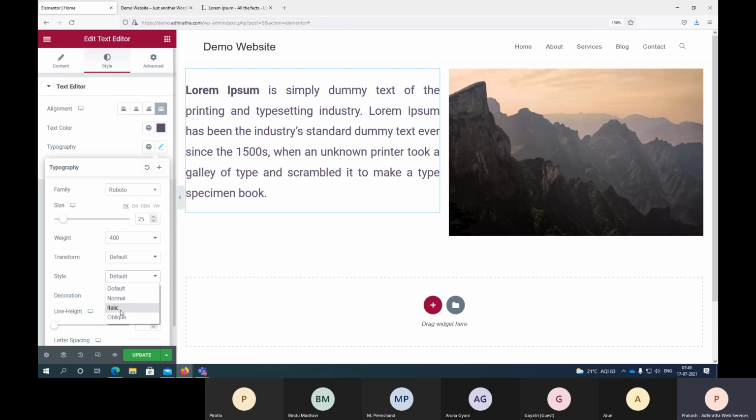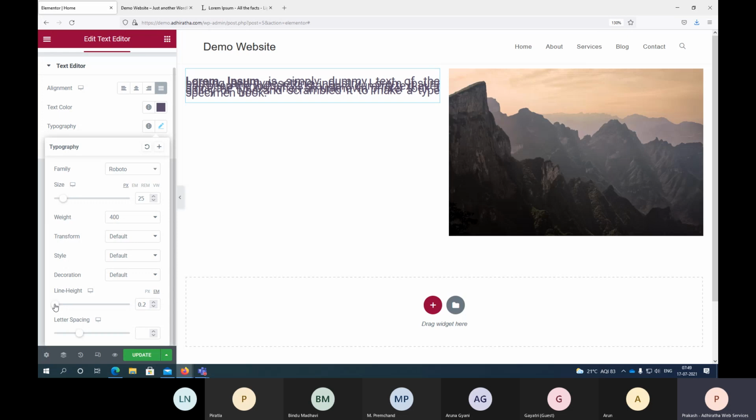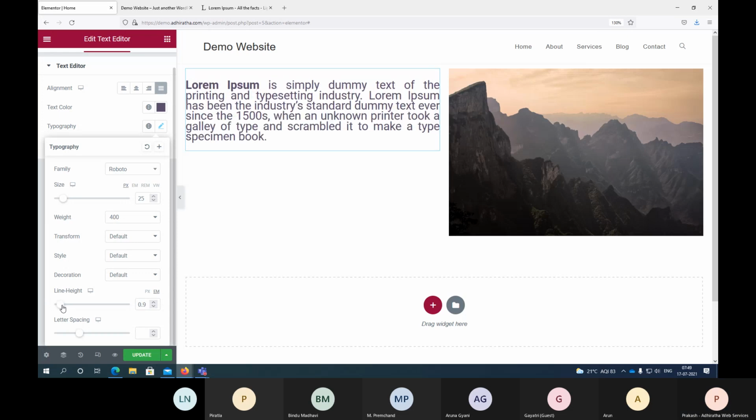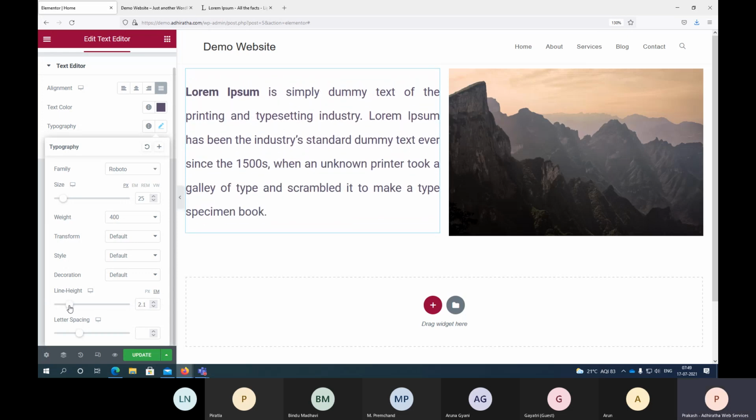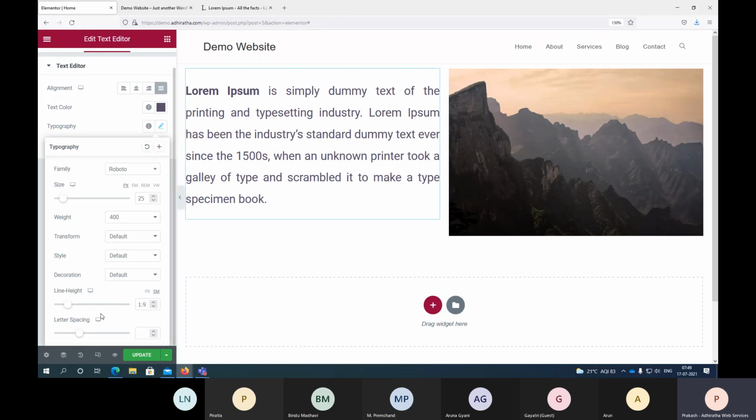Again, you have italic, however you want. Then you have line height and letter spacing. See, how much space you want between each line, you can actually drag and select. Then letter spacing also you can select.